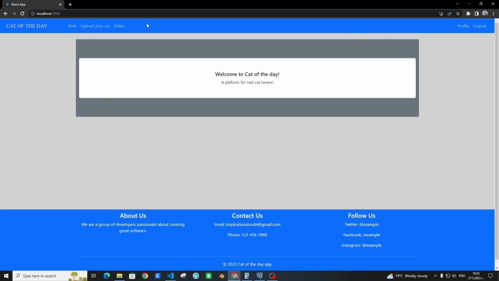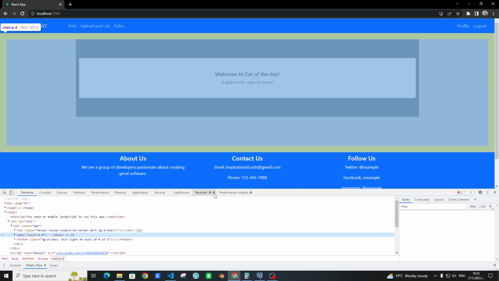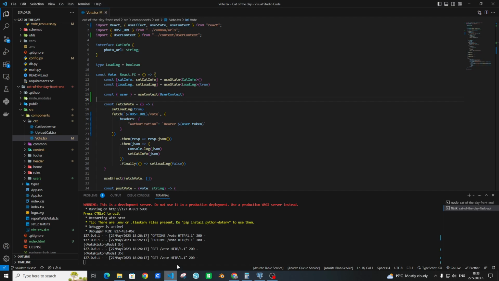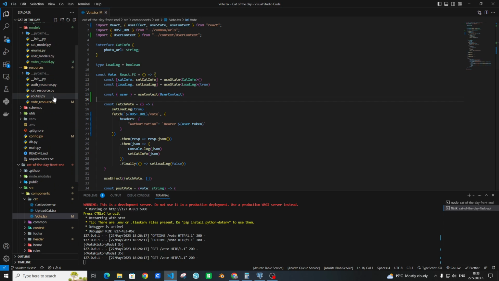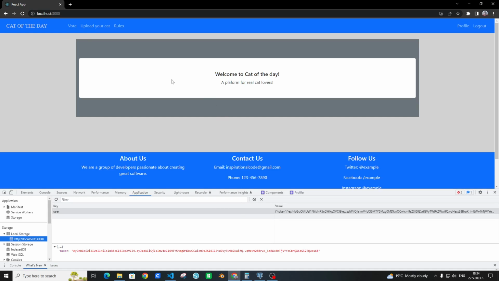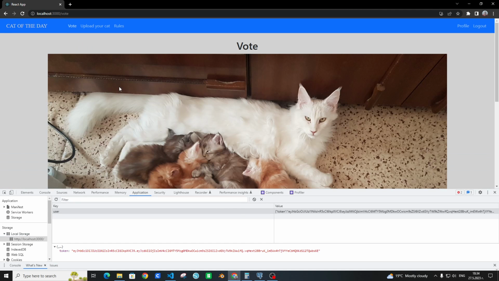I just want to show here I have an application which is for voting for cats, and the user is already logged in, you can see, and I'm storing for now the token in the local storage, which is returned from the backend. I implemented simple authentication with JWT token.